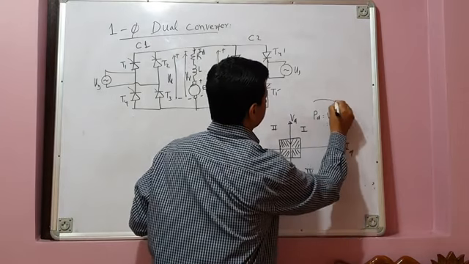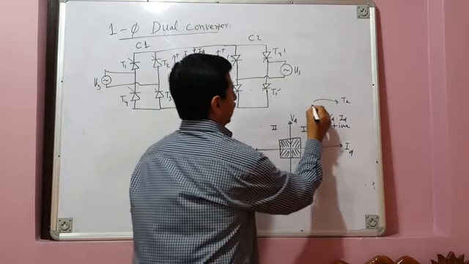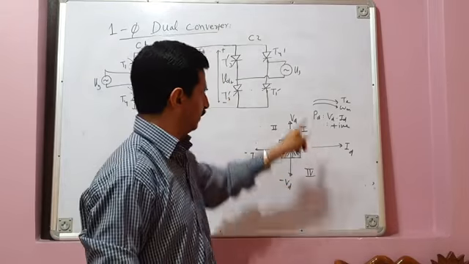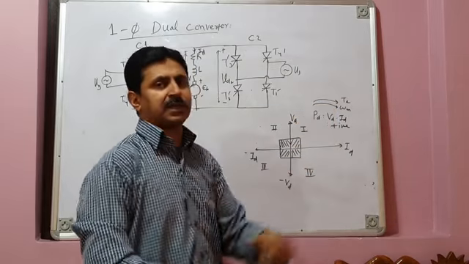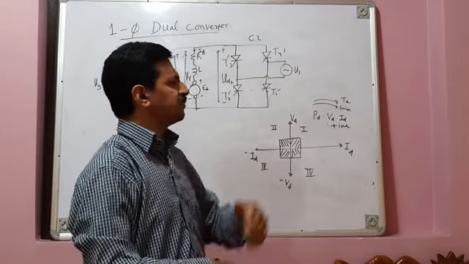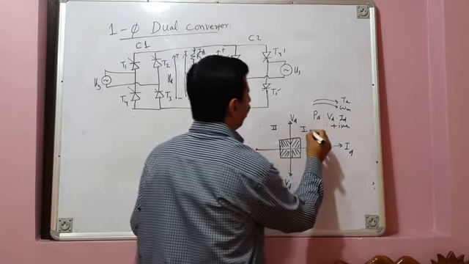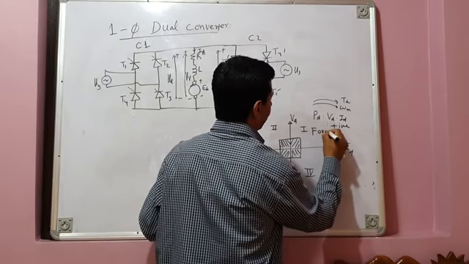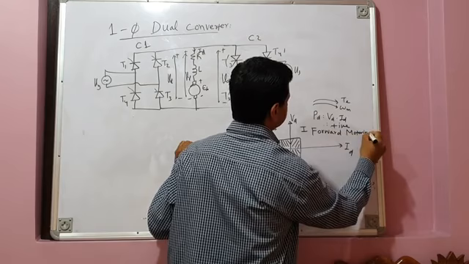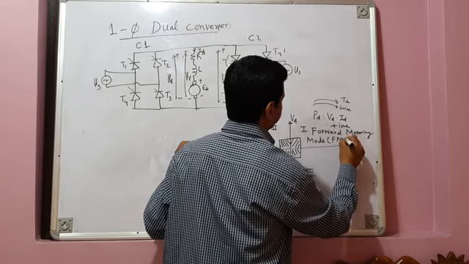Let us suppose this is the electromagnetic torque in the clockwise direction, and the machine starts running as a motor, and this is the direction of speed, clockwise. The machine runs in the same direction as the torque. Torque is developed in the clockwise direction, so the machine runs in the same direction. So we say that the machine is operating as a motor. It is running in the motoring mode, and this is called forward motoring mode. I will write here, in quadrant 1, your machine operates in forward motoring mode, FMM.